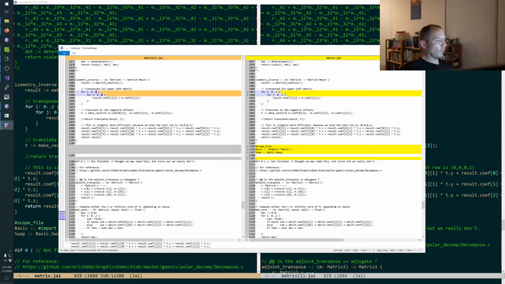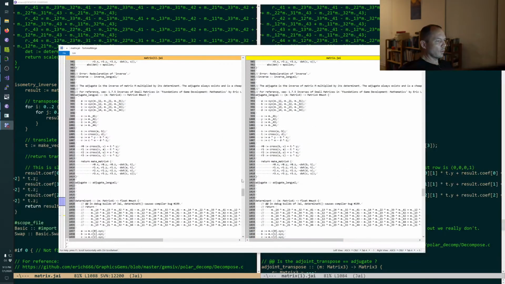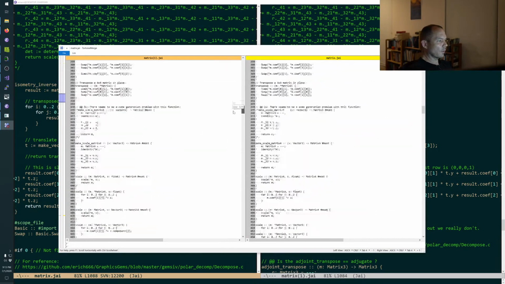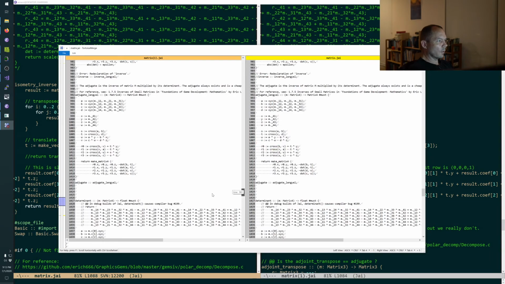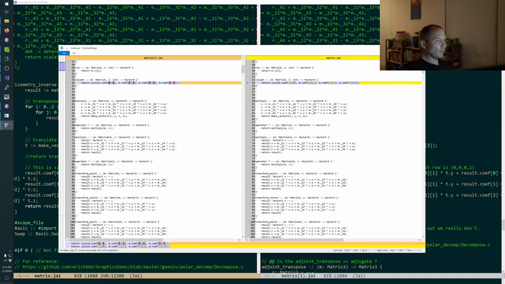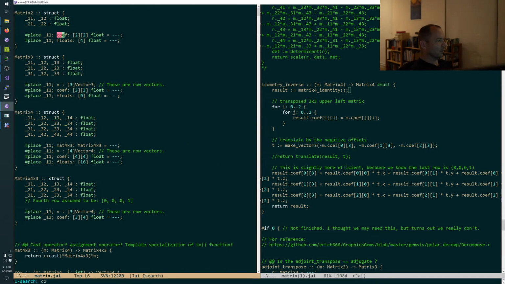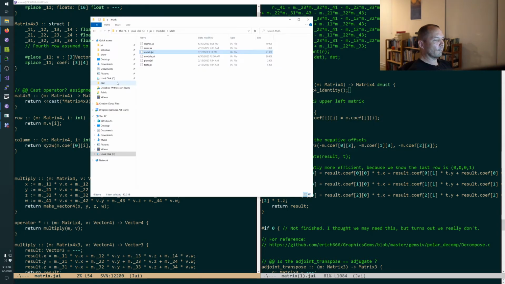Because I have a couple other minor changes in here. Where's my column function? There it is. Wait, did I just set it the wrong one? No. All right.